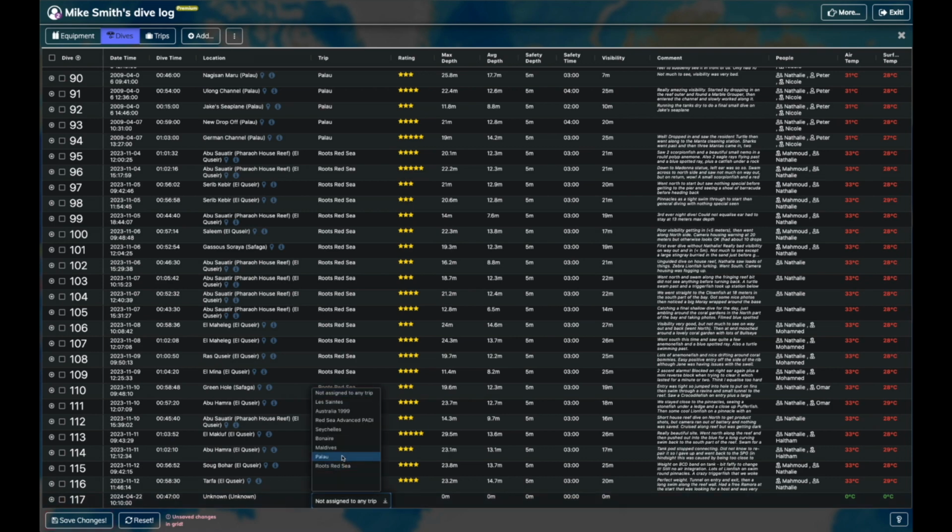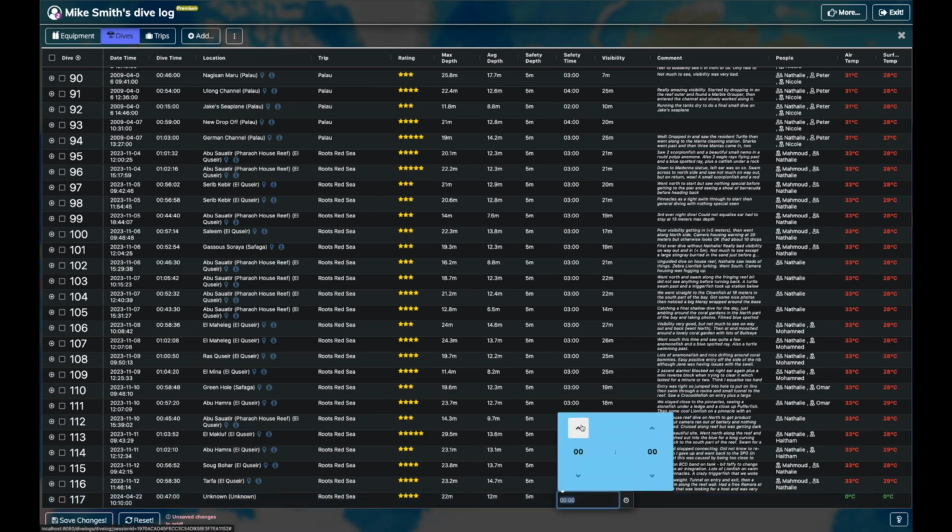To edit any cell, just double-click or tap on it to start the cell editor. Other methods include pressing the return key or tabbing from an adjacent cell if already editing. If you have used spreadsheet programs, then this should be very familiar. Anything simple will be numbers, text, or drop-down selectors, with date and time pickers also available. Great examples include rating the dive, setting visibility, or adding some comments.